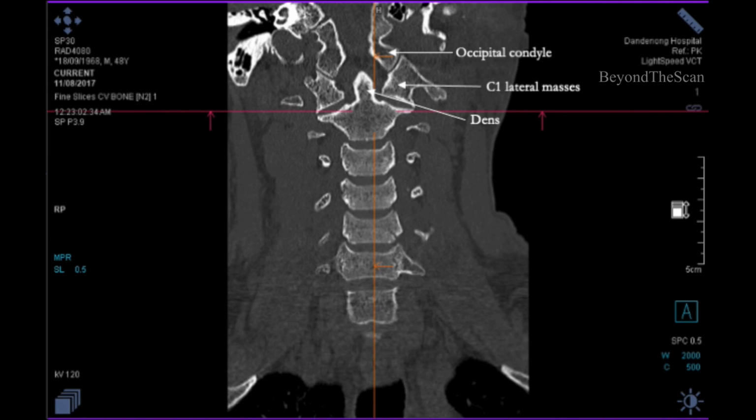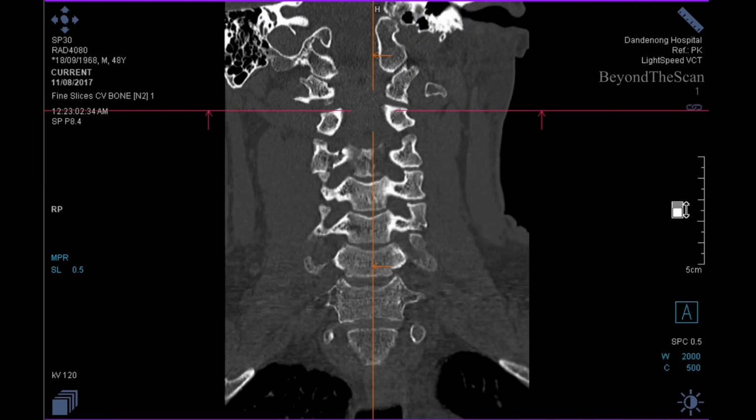Also, in the coronal plane we can see the uncinate processes of the vertebral bodies, which is another unique feature of the cervical vertebrae. The coronal plane also provides a great view for assessing the facet joints,